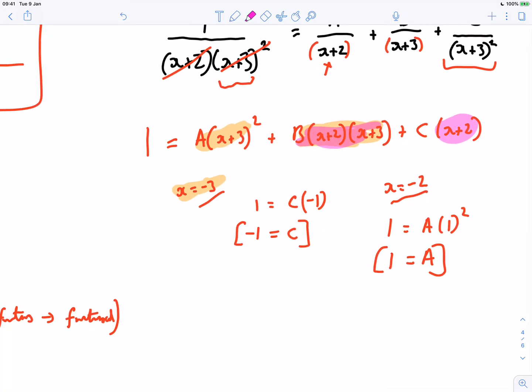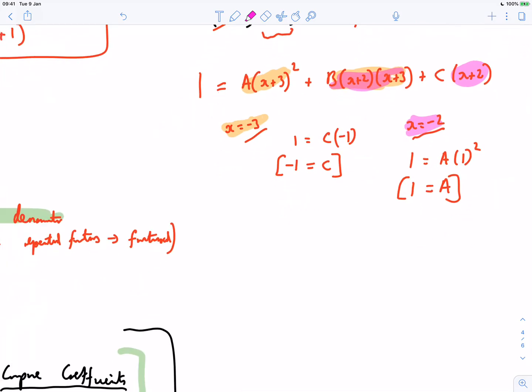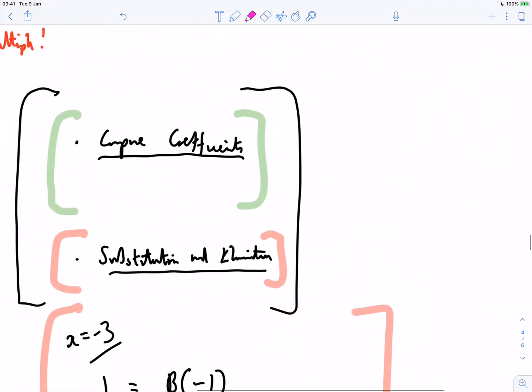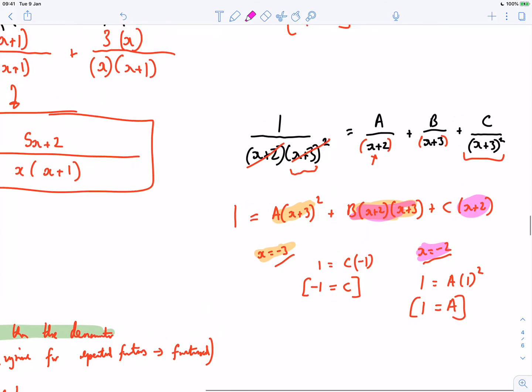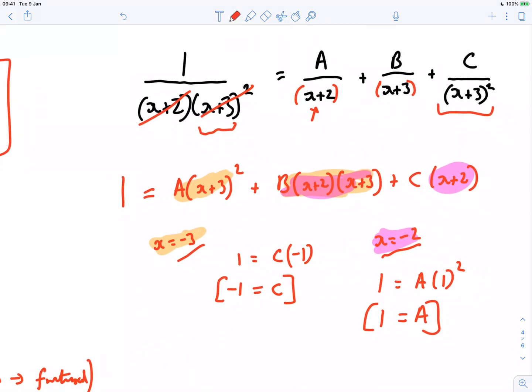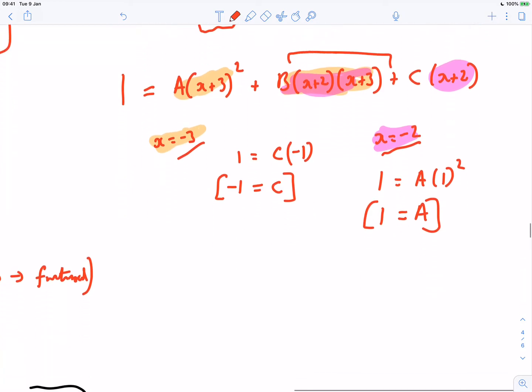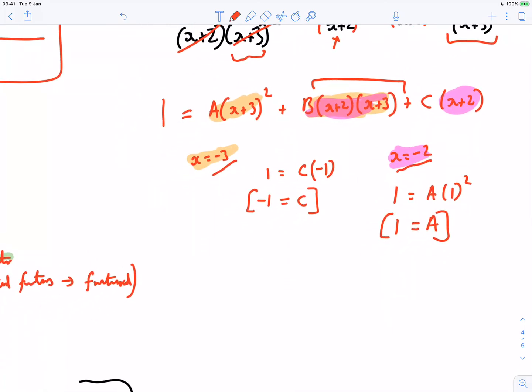Now, here's what I was talking about, where I said you're going to have to use a hybrid method of comparing coefficients and substitution elimination. Because now look very carefully. This middle term has got something in common with everything else. So there is no unique substitution to isolate that term on its own, i.e. there's no substitution that will get rid of the a and c together. So we're kind of at a loss there, but now we can switch over to our other method, so comparing